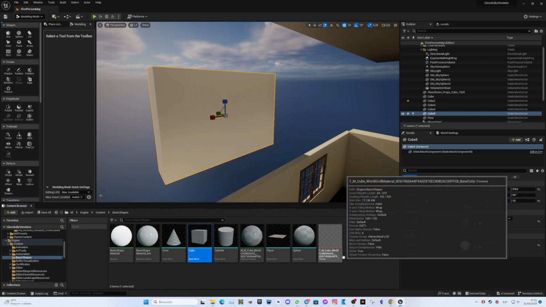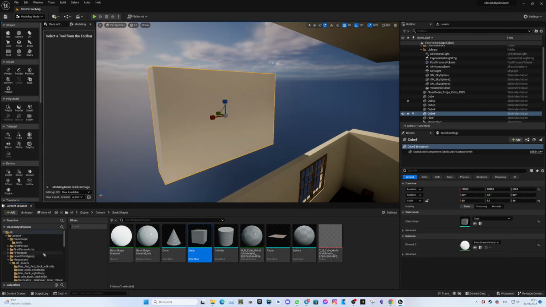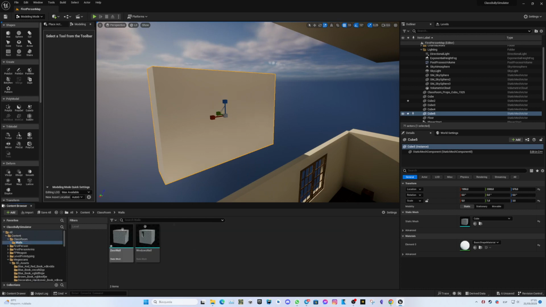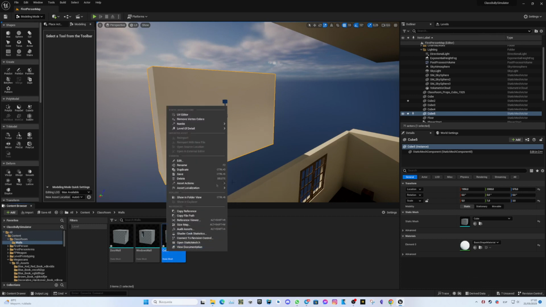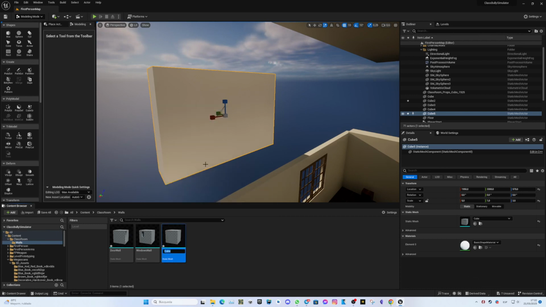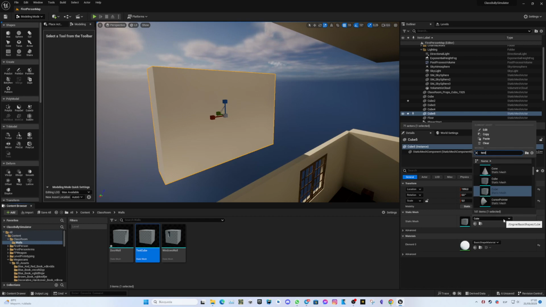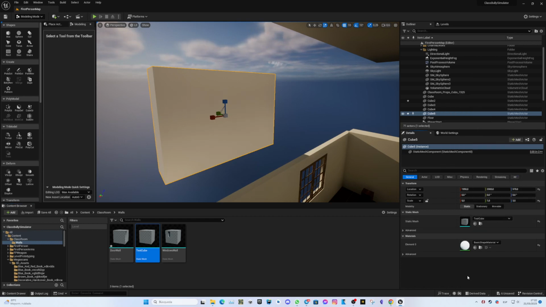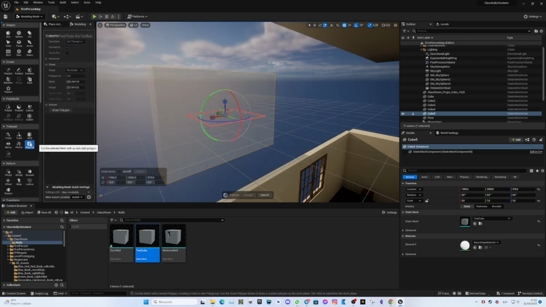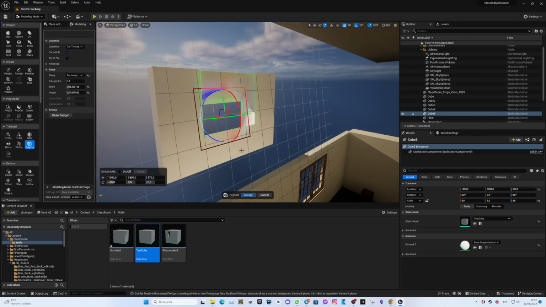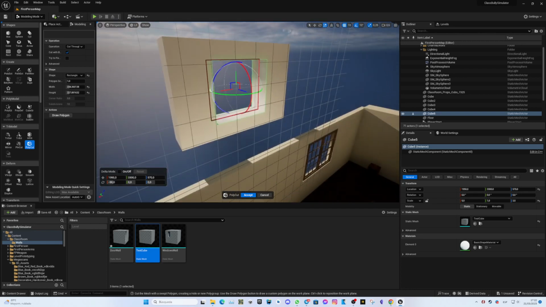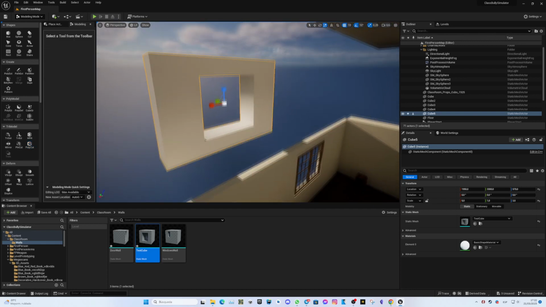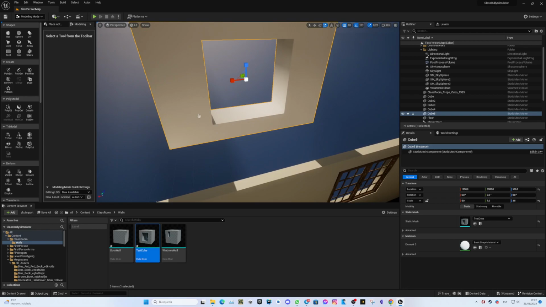Control C to copy it, and I will go here, for example to my walls, and Control V, and I will now just rename it and let's say test cube, for example, and here we will find the according mesh test cube, and now we are able to perform this cut. So we can just accept, and that's it, and we already managed to cut